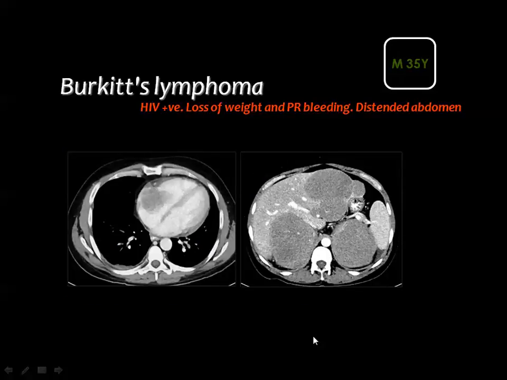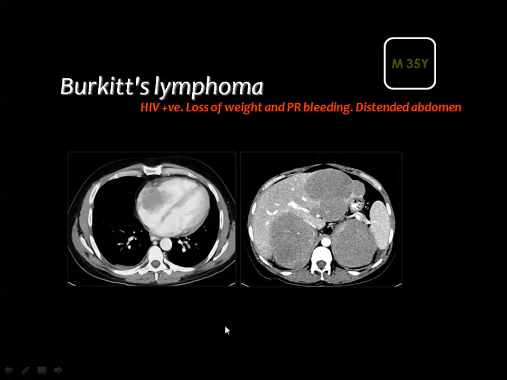And this is a case of Burkitt lymphoma in a 35-year-old male who is HIV positive, presenting with loss of weight and rectal bleeding with a distended abdomen. The dissection in the chest showed a mass in the right atrium and some pericardial thickening and minimal pleural thickening as well. Lower down, you see a bulky lesion in the left hepatic lobe